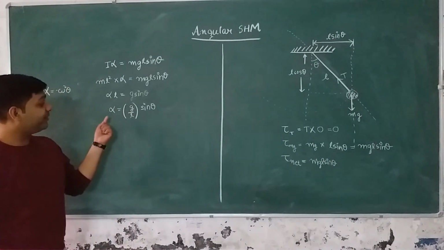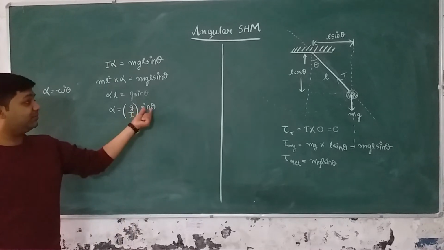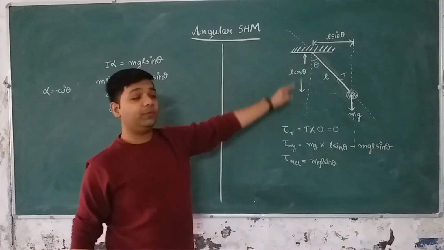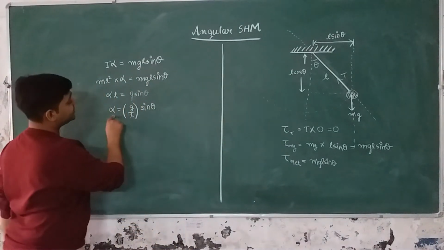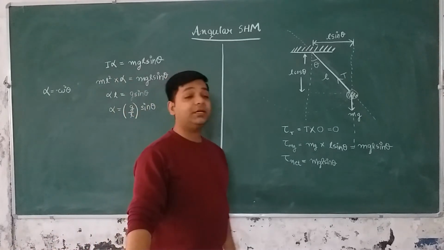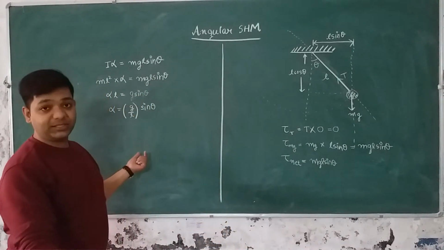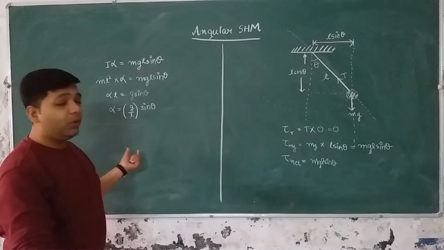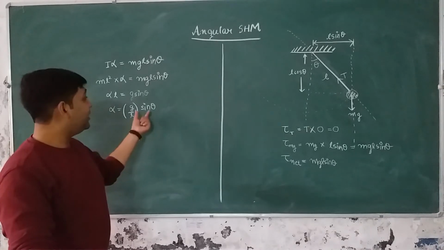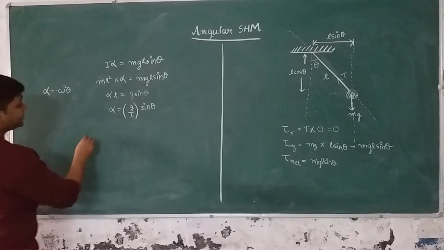Instead, here alpha is directly proportional to sine of the angle which this ball makes with the line of equilibrium position. So here alpha is directly proportional to sin theta, but not directly proportional to theta. So this equation is not the equation of SHM, right? However, it can be the equation of SHM if theta is very small, right? Why am I saying this?